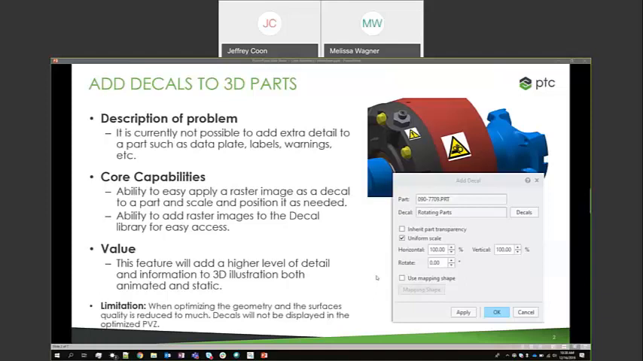There are a couple of limitations in this first release. One of them is right now you're looking at one decal per part. You can have multiple decals obviously within an assembly, but each part can only have one decal. We are working on the capability to have multiple decals per part, but for right now it's just one decal,